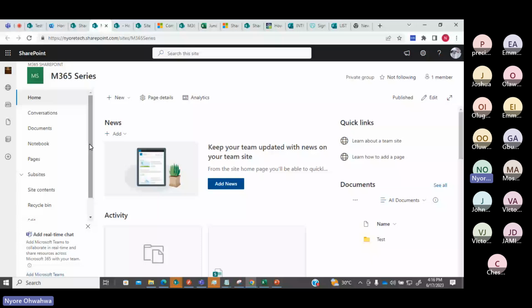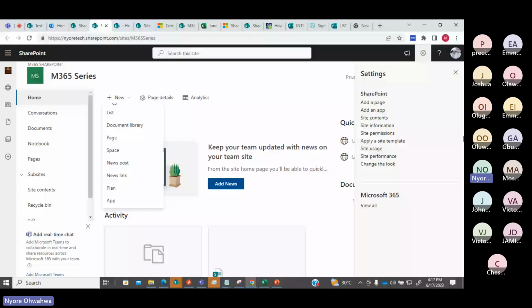Okay, so like I explained last week, to create a list, you can go into site content from here. I said this navigation is called the quick launch because from here you can easily navigate into contents that you want to. You can also go from here, go into site content. And I didn't mention this to you last week, but this is the home page.